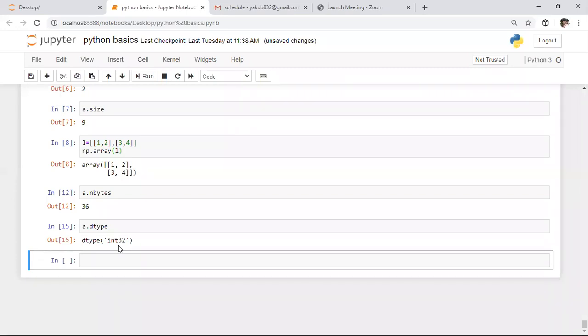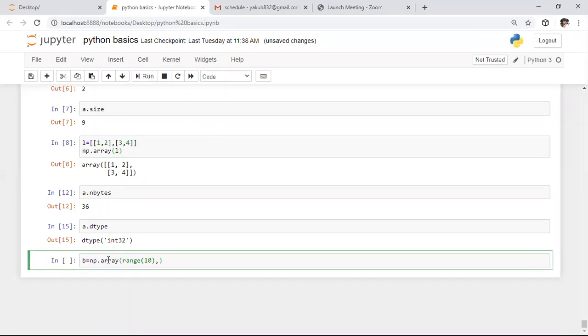Next we will discuss the functions corresponding to this. Till now we created the array by using the basic approach, whereas now I want to create an array by using dynamic approaches. Initially we will see one example. Here I'm creating one array, b, by using the range function. I'm specifying the range: I want to create an array with 10 elements, starting from 0 to 10, so in the range function I am specifying 10.